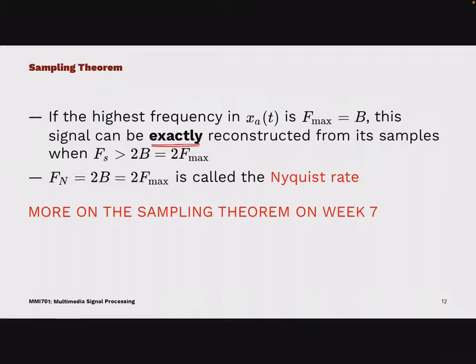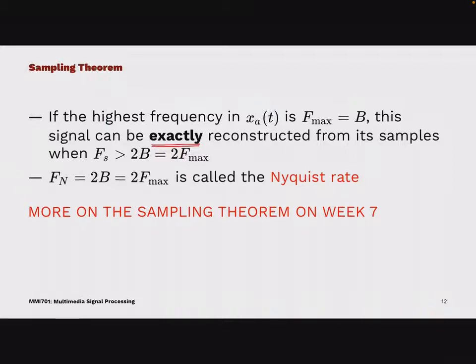And it's important to, well, it's in bold, but I would like to underline this. So you can reconstruct any sampled signal, right? However, if you want to exactly reconstruct your signal, then you need to sample your signal at least at twice the highest frequency contained in your signal. Now, for example, for human speech, the maximum frequency contained in the signal that you can record is about 8 kilohertz. That means if you sample speech at 16 kilohertz, then you're more or less fine. For music, that's a completely different story. You may have other signals which are not acoustic, then you may have different maximum frequencies, different sampling rates that you would need to sample your signal at. Now, twice the highest frequency in your signal is then called the Nyquist rate.